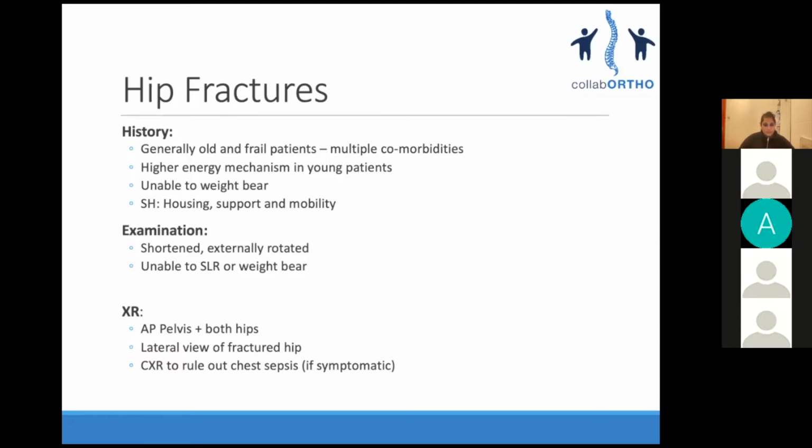Right, so moving on to hip fractures. Hip fractures are more common in the elderly. Old, frail patients who have multiple comorbidities, not very good on their feet, and they have low energy trauma and land on their hip. Hip fractures in young patients are due to high energy mechanisms, so fall from a huge height, road traffic accident, those type of mechanisms. And when these patients have hip fractures, it's very, very painful, and they cannot weight bear